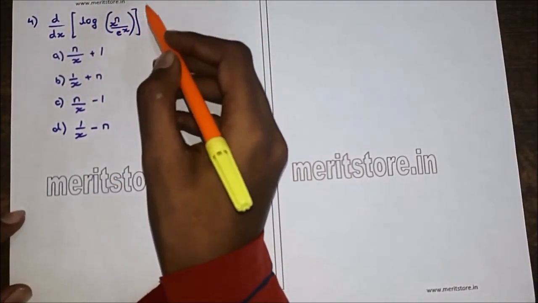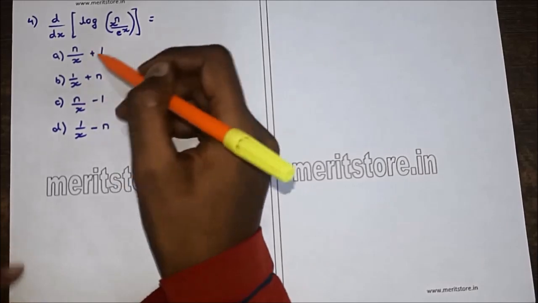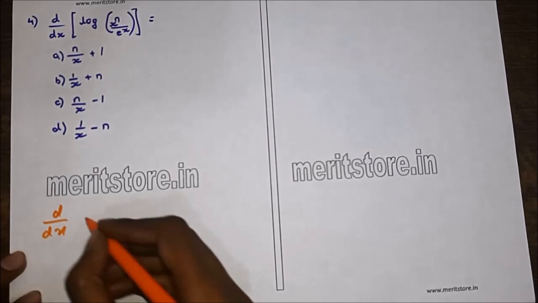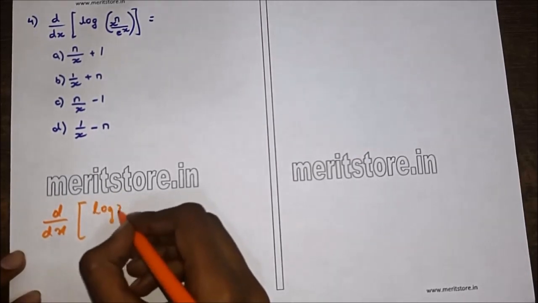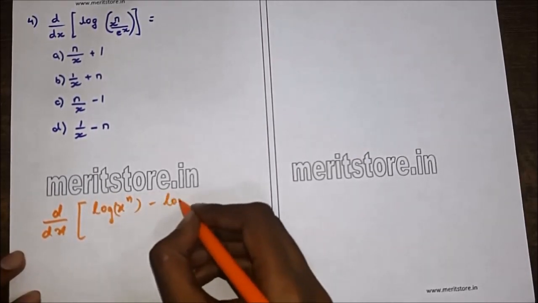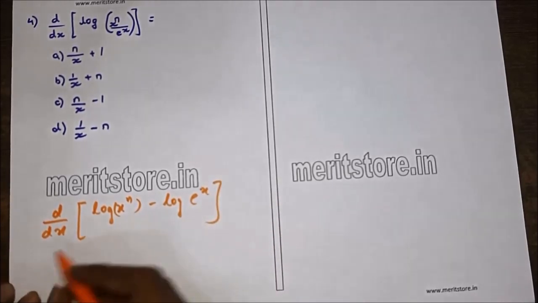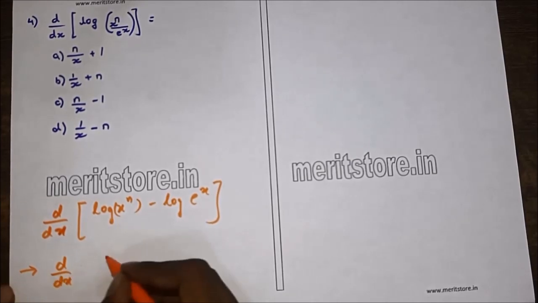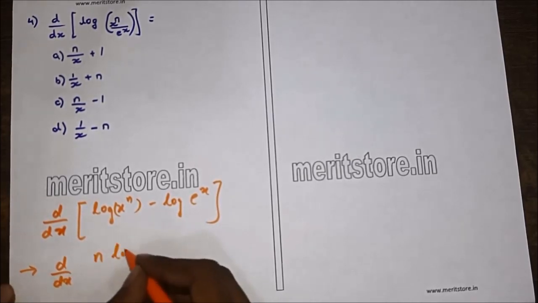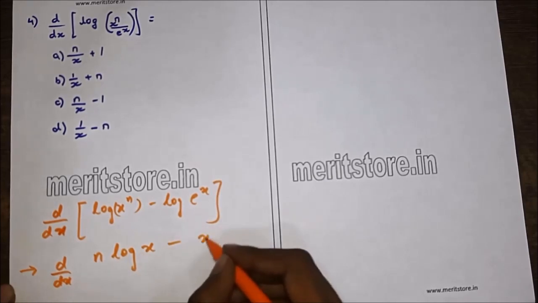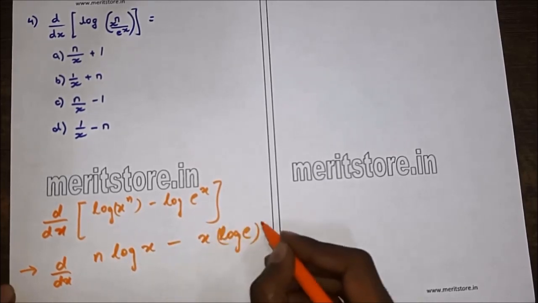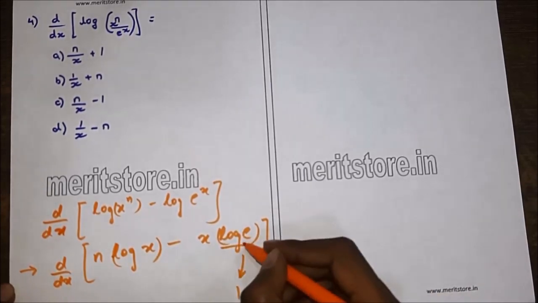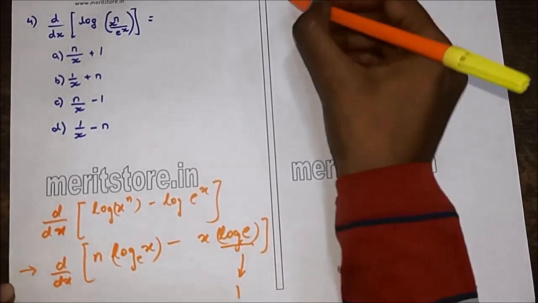Differentiation of log of x raised to n by e raised to x is, these are the options. So by rule of logarithms, we can write this as log of x raised to n minus log of e raised to x. Again we can rewrite this as n into log x minus x into log e. Now log e is 1 since the base is e. So this is